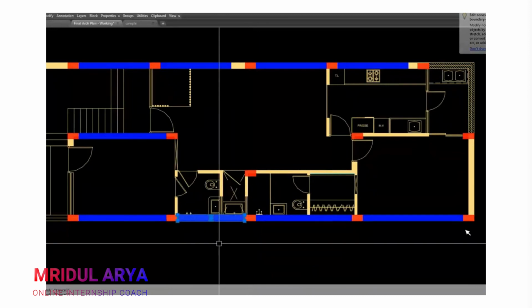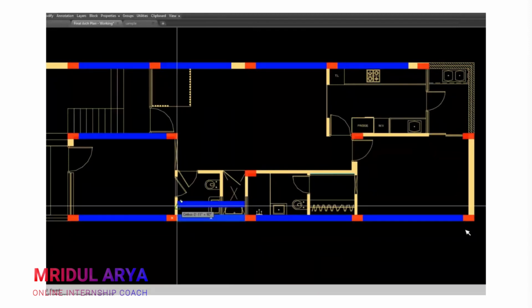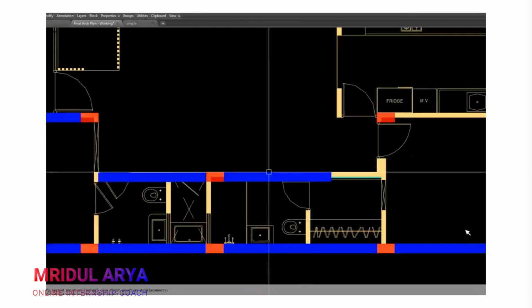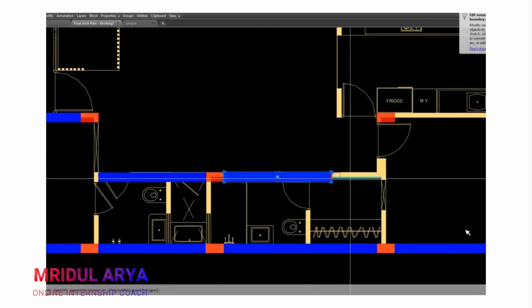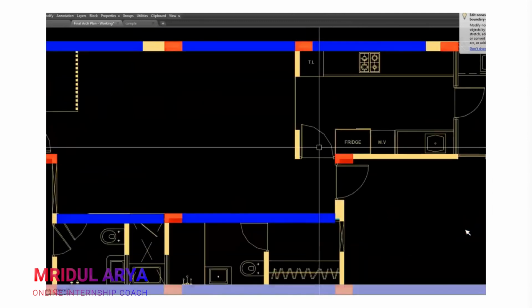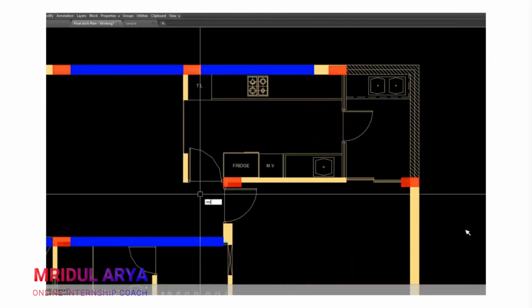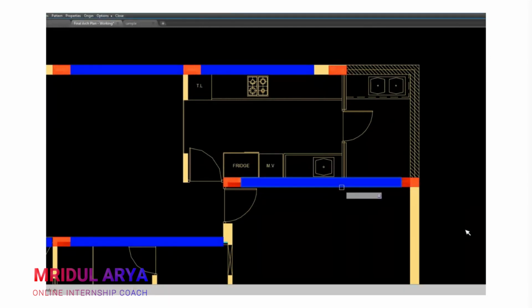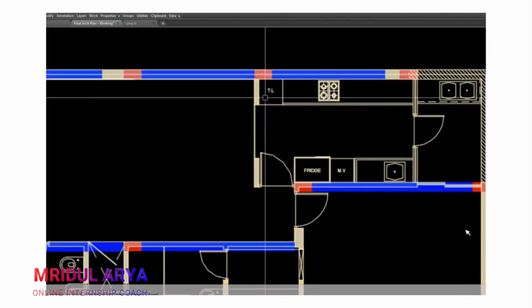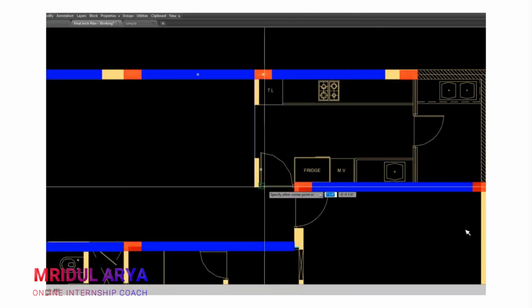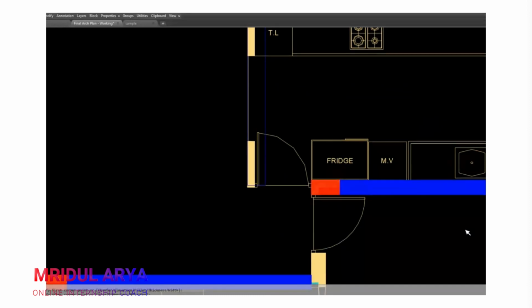Okay, now I will copy my other view to this location. Now, when we come to this location, there will be like this, and for this location, the beam will be like this.